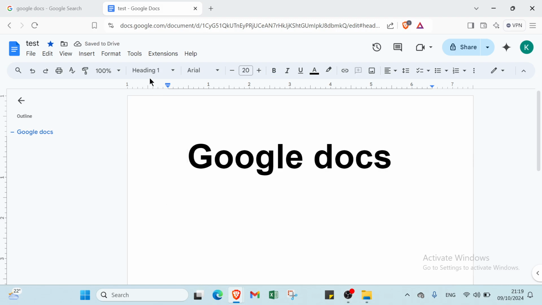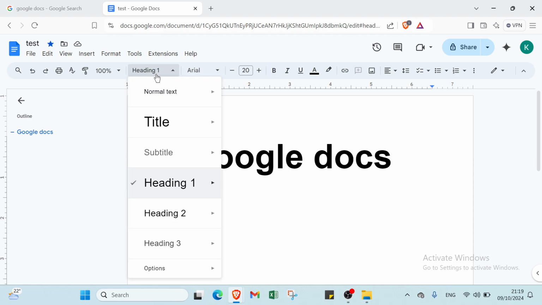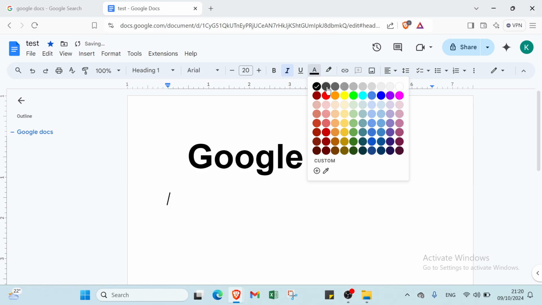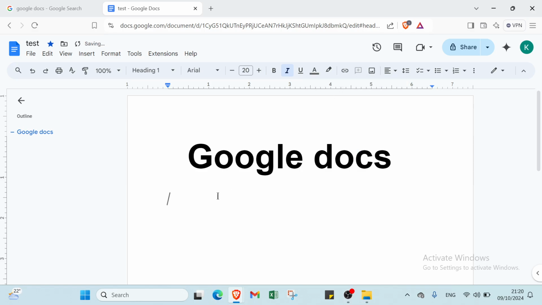Then let's come back. I will choose, for example, heading 1 like that. And I will choose also the size, for example, this one. And I will come back. I will choose also if it's italic. And the color text, I will choose, for example, this one. So for example, firstly, how to start with Google Docs,